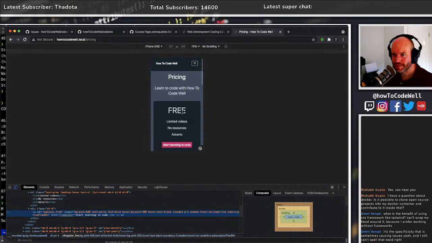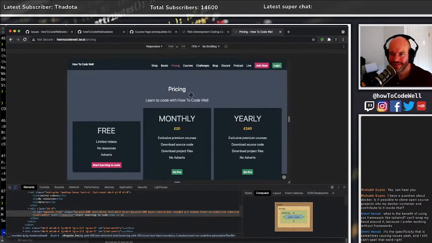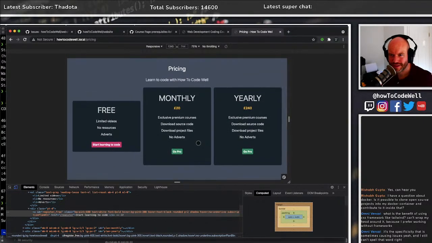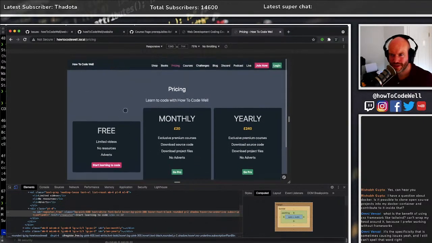That's looking much better, in my opinion. On mobile, it might look terrible on the other ones, but I think that actually looks okay. Yeah, I think that's all right.